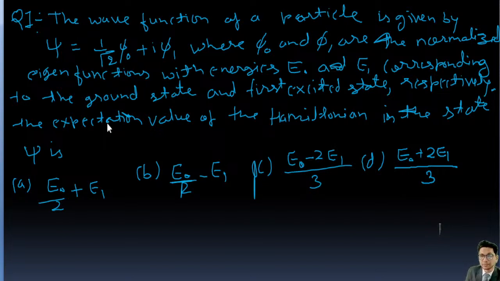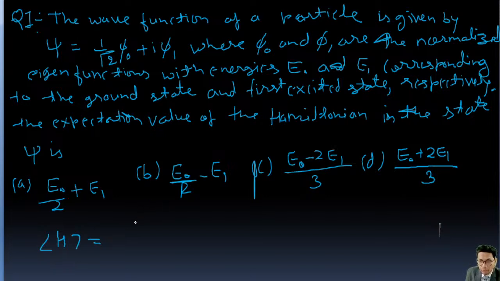Okay, guys. So the question is the wave function of the particle. We have been given the wave function of the particle, that is psi equal to 1 upon root 2 (phi 0 plus i phi 1), where phi 0 and phi 1 are normalized eigenfunctions with energies E0, E1 corresponding to the ground state and first excited state respectively. The expectation value of the Hamiltonian in this state psi we need to find out, right? So we need to find out